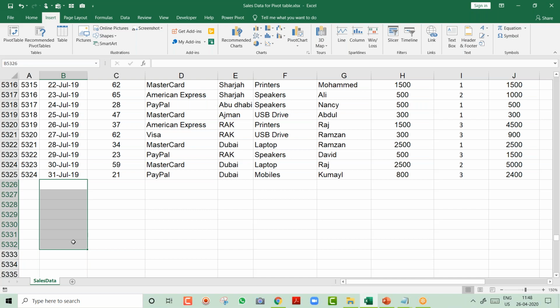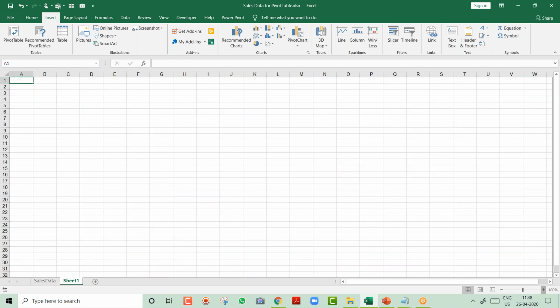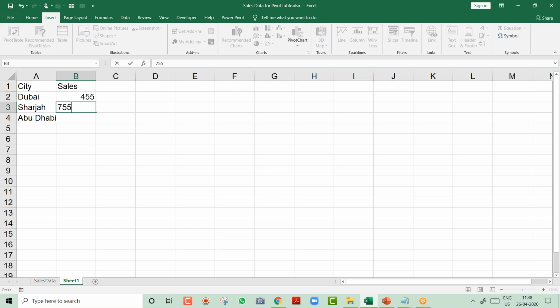For you, I'm giving another example. So I will just insert one sheet to make it very clear, and then actually we will start. So I'm inserting one blank sheet over here, and I want everybody to pay attention. Here I am explaining why you should convert your data into the dynamic table. In the next 2 minutes it will be clear for all of you. So for example, I have city over here, I have Dubai, I have Sharjah, and let's say I have, for example, Abu Dhabi. And I have some sales numbers over here, and I type some random sales numbers,